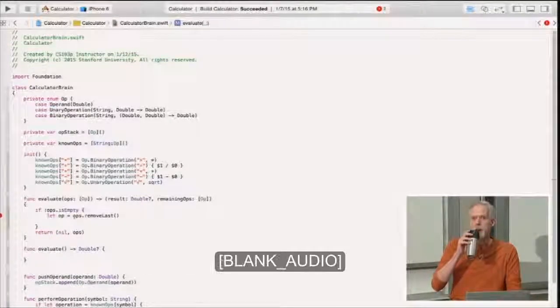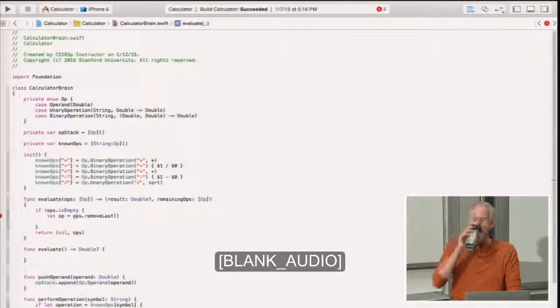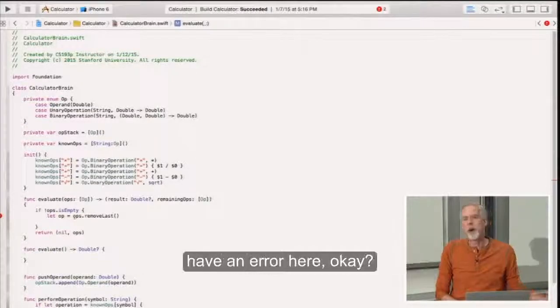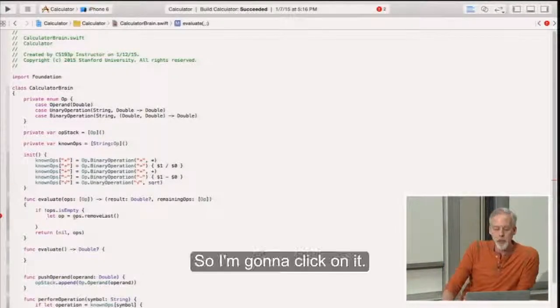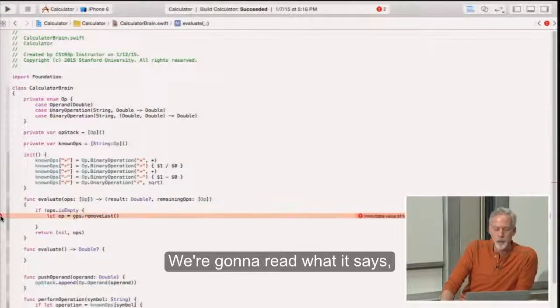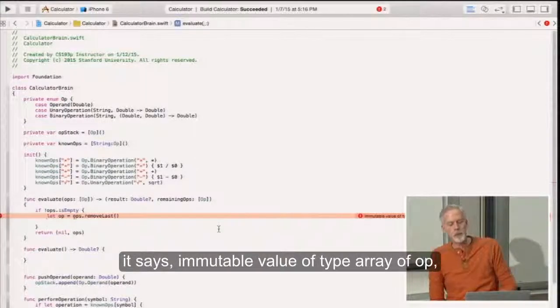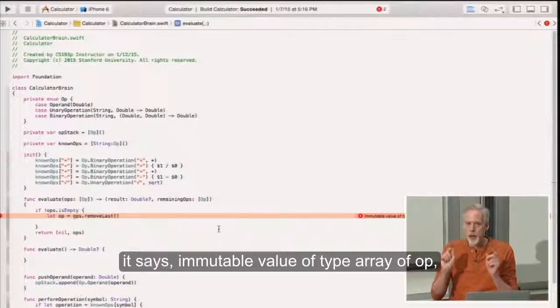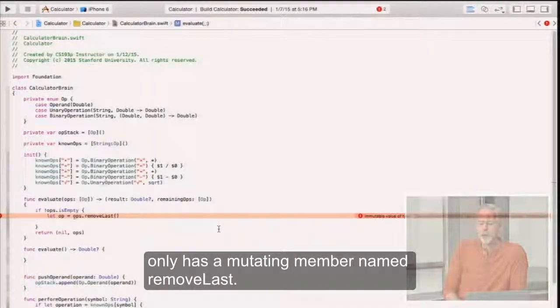But you can see I got an error there. And it's very important to understand why I have an error here. So I'm going to click on it. We're going to read what it says. It says immutable value of type array of op only has a mutating member